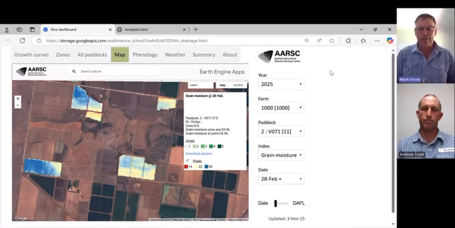and it is being ground truthed regularly, as in there's about 200 odd samples a week being put through the grain moisture validation. So yes, it's certainly a spur. If the least it does is spur you into going and having a look at the paddock and seeing where you're at, then it's done its job. So good luck with it. And as Andrew said, feel free to give us a call anytime if you want a bit more clarification or you want us to go